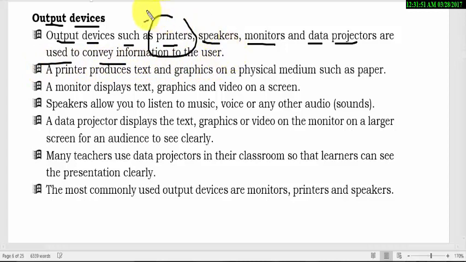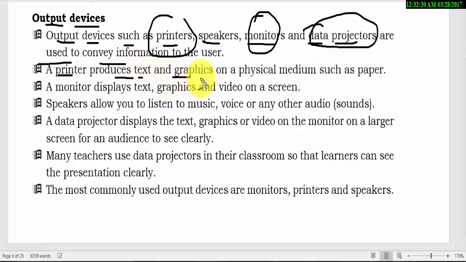So we are able to see the work we have done on the computer using the output devices. We'll be able to see our work as a hard copy using a printer. We'll be able to hear sound. For example, you are able to hear my voice here because you are using the speakers. You are able to see the work on the monitor, the one where I'm circling like this, because it is being displayed. Also, we may know the projector. It's a nice component of the computer, which makes either the lecturer or the teacher deliver a lesson effectively.